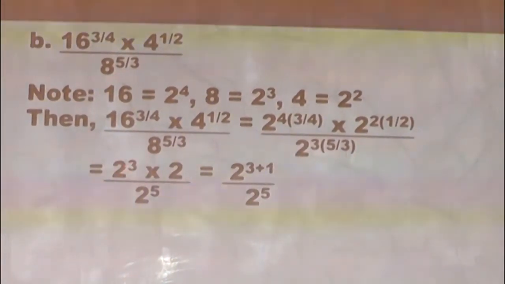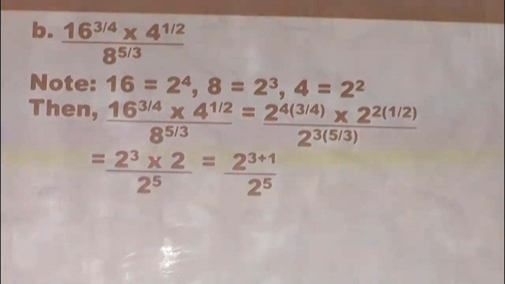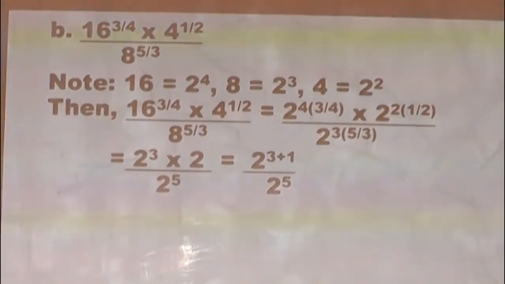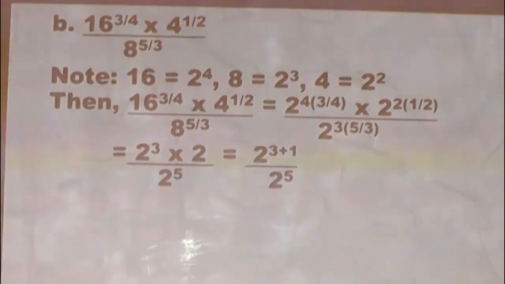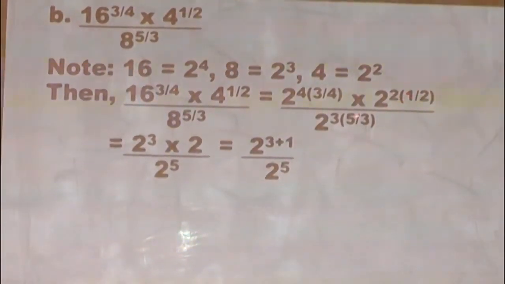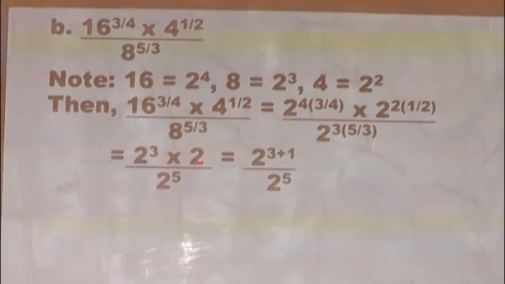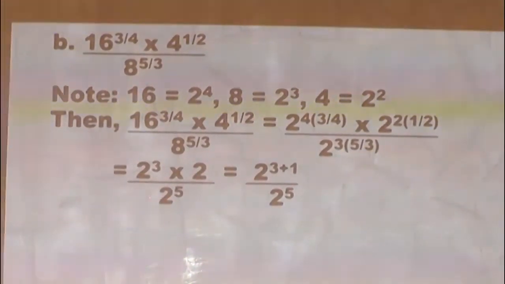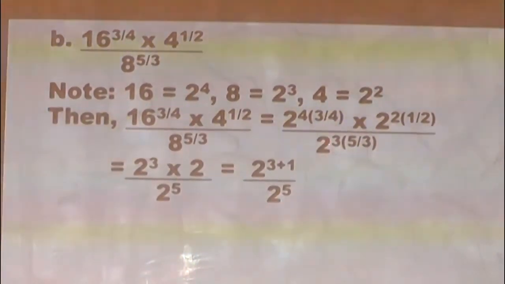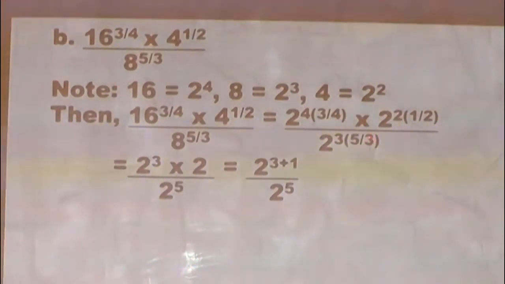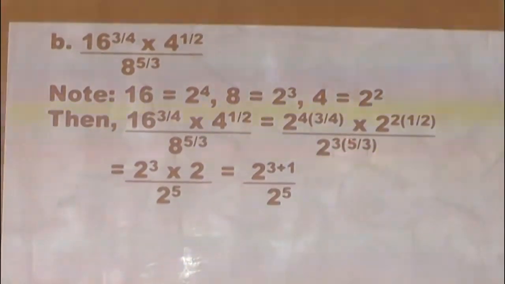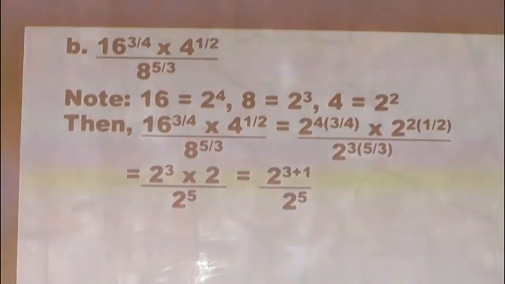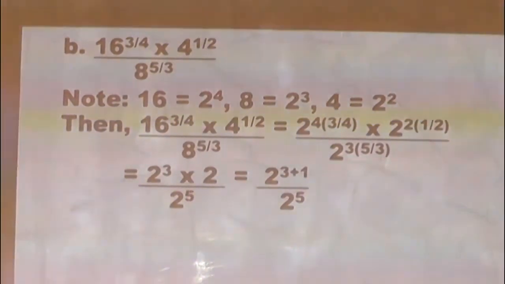So you are going to have 2 raised to the power of 3. Multiply by, if this 2 strikes this 2, the remainder there is 1. Without indicating it, this 2 is raised to the power of 1. All over this 3, if it strikes this 3, the remainder is going to be 5. And you'll be having 2 raised to the power of 5 at the